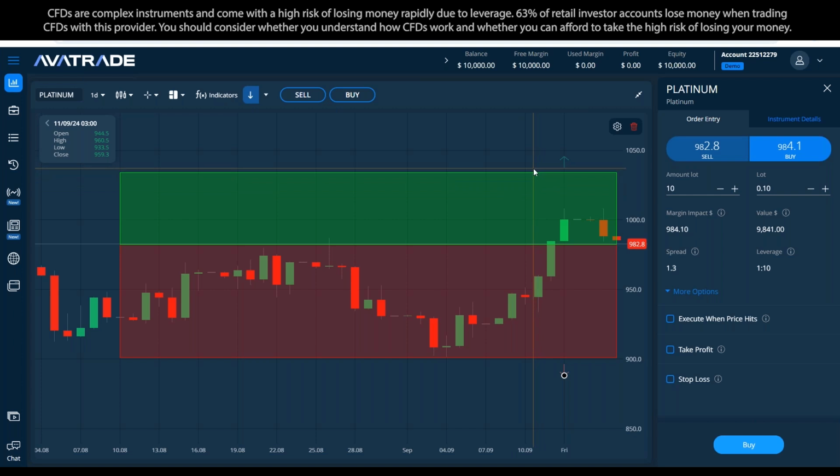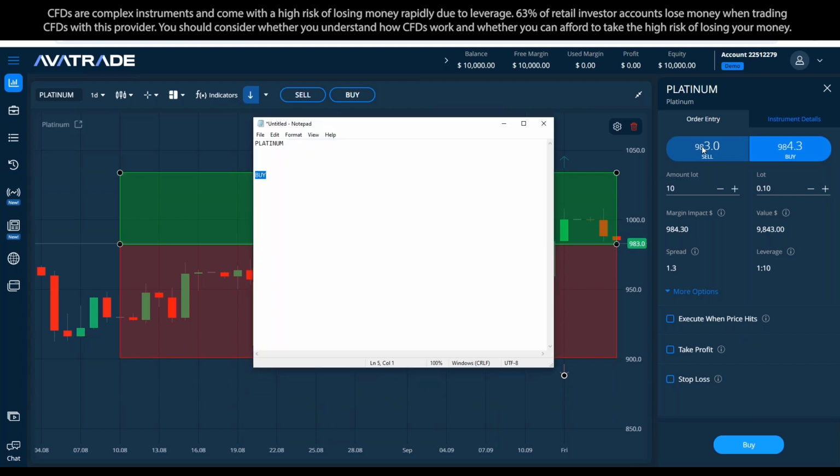Anybody has any idea? Okay, I'll tell you guys in a moment. But as you can see, this candle here seems to be going downwards, right? So I can assume platinum is maybe going down. Looking at the area here, it looks maybe more promising. Again, just as an example, I change my buy to sell. Now, based on that candle only,